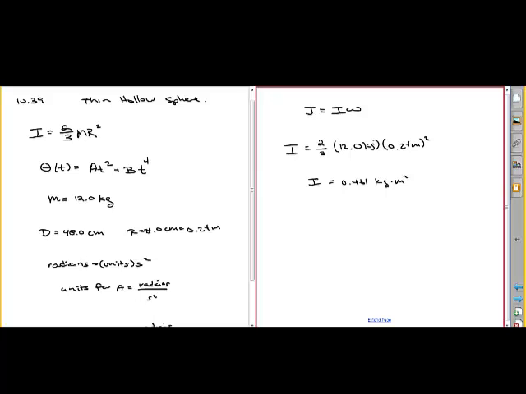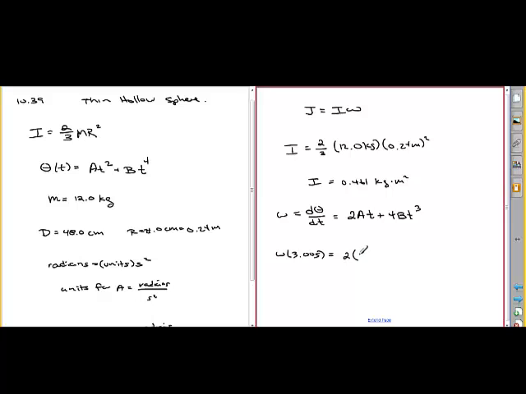The omega we find by taking the derivative, so omega is just d theta dt. If we take the derivative, we'll get 2at plus 4bt cubed. So omega for 3 seconds,